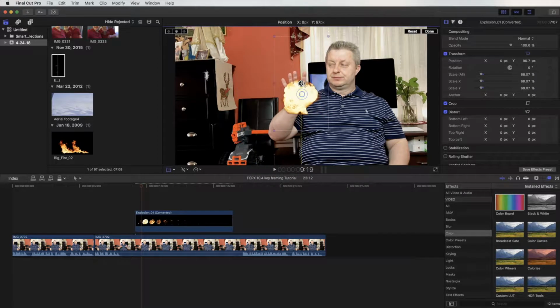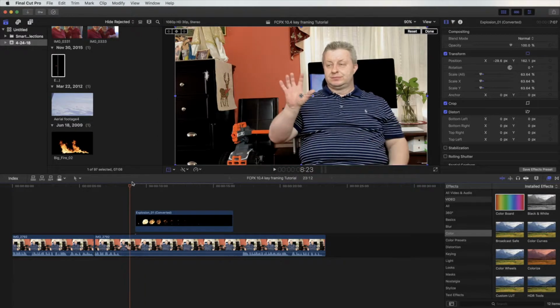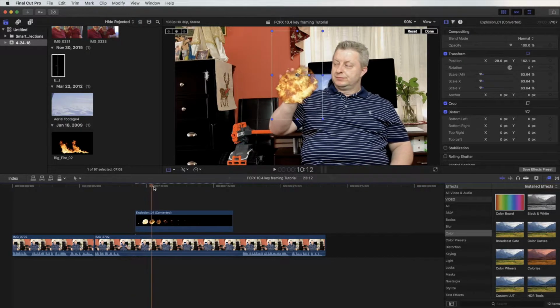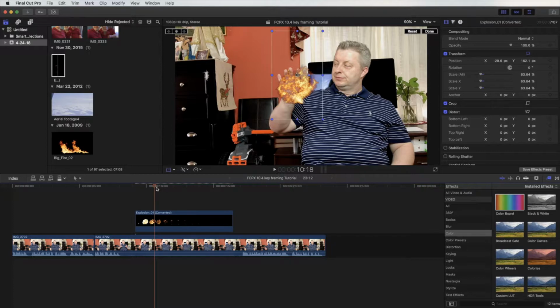All right, this is just like a simple quick effect. I'm not gonna go to detailed tutorial how you can make this realistic because this is a different ball game. I'm just showing you how to use the keyframes to move the objects around. So okay, let's say we have this little explosion in here where my hand is. Okay, so now it enters right here, boom, right? But then I turn. So basically, when I turn,